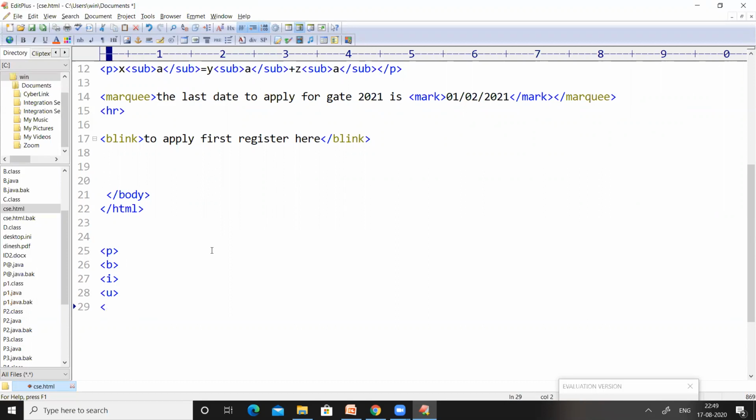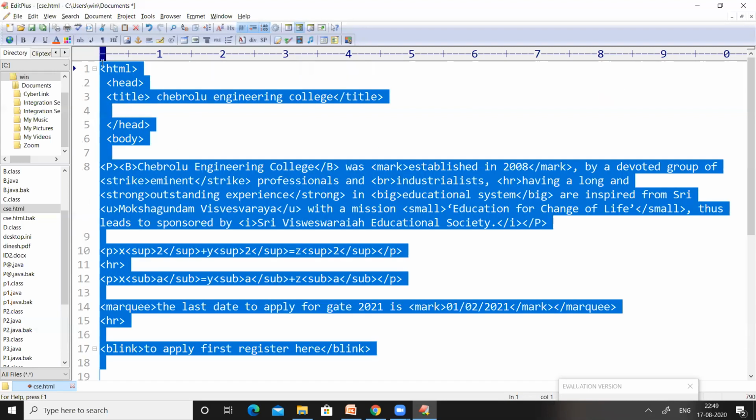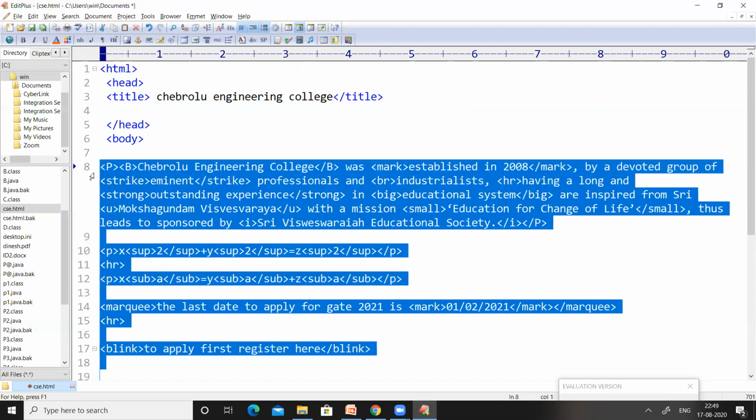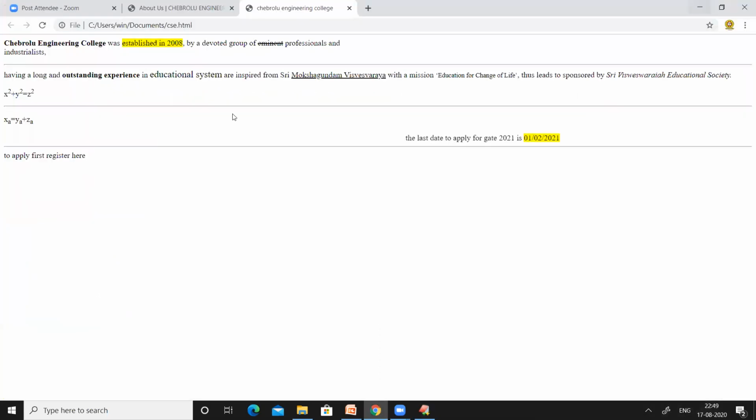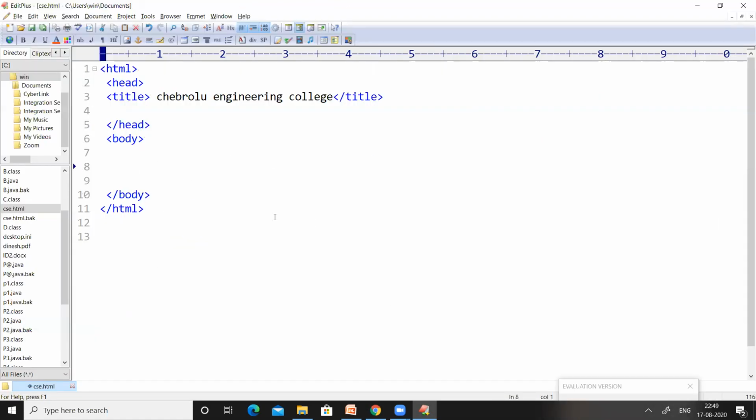And then we have used the big tag. The big tag is used to represent some text somewhat bigger than the other text. Now apart from writing this, let us apply the things in a program and see here. This is the basic structure, refresh the page so that it comes to the basic structure. Now use all the tags we have used till now.